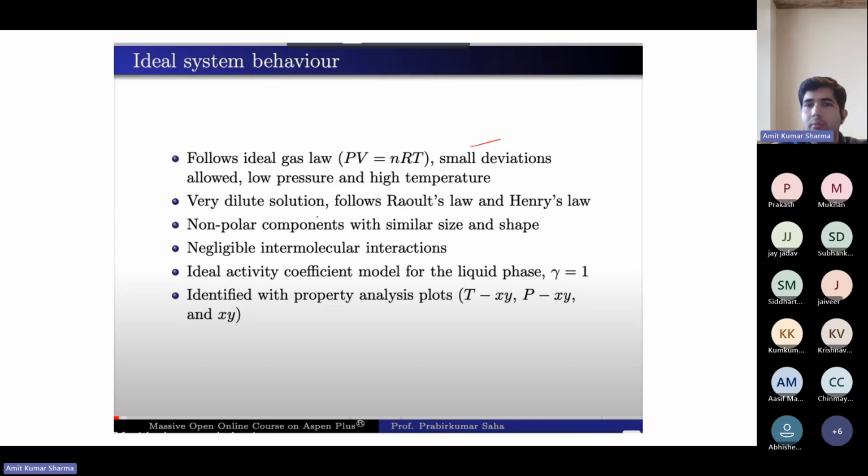A very dilute solution follows Raoult's law and Henry's law, with non-polar components of similar size and shape and negligible intermolecular interactions. For the ideal activity coefficient model of the liquid phase, the activity coefficient is equal to 1, which is identified with the property analysis plots.